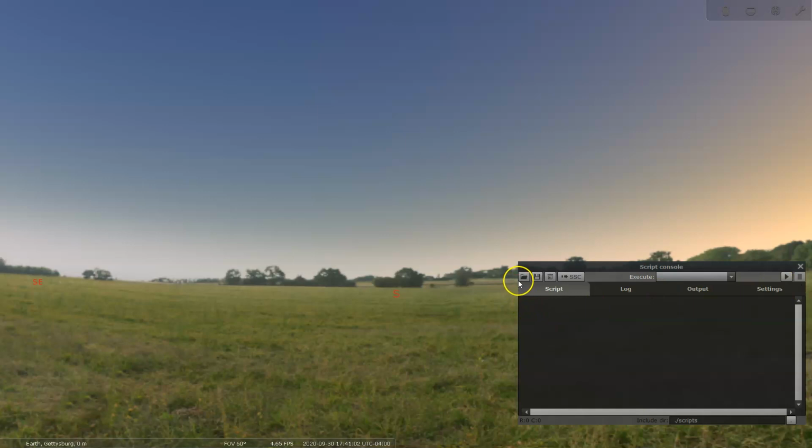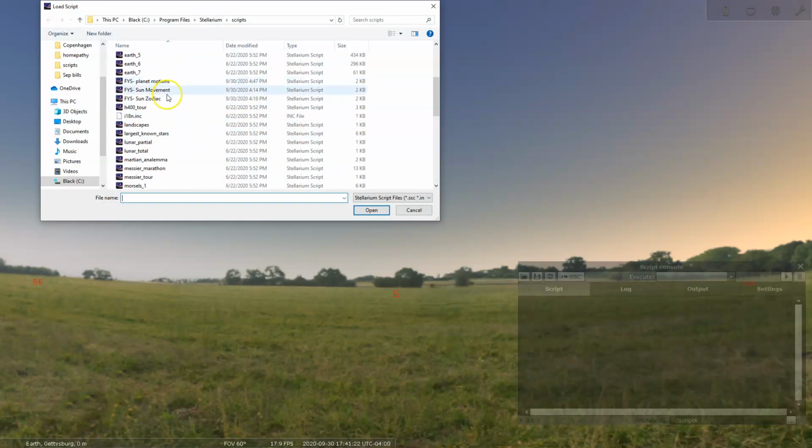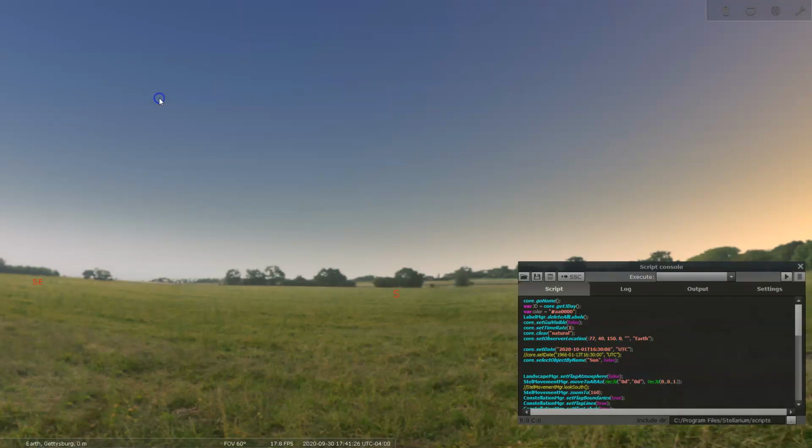So what you're going to do is hit the load button, and load up one of the scripts that I sent you. For example, we'll do Sun Zodiac for right now, and this will load the script up in the script console. And you don't have to do anything with the script itself. You just have to hit the play button, and once you've done that, the script will go ahead and run